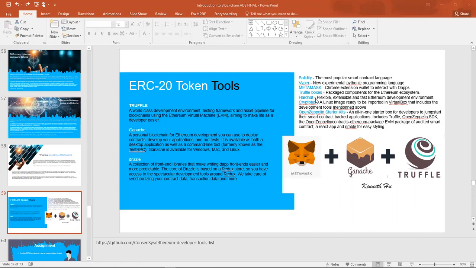And then we have Hardhat, and then we have Open Zeppelin. Last Friday I talked about Open Zeppelin as an all-in-one starter kit for developers to jumpstart smart contract backend applications. And then we have Truffle, we have Ganache. Ganache is also a chocolate. And then we have Drizzle. So I will talk about them tomorrow, and then we'll also talk more about